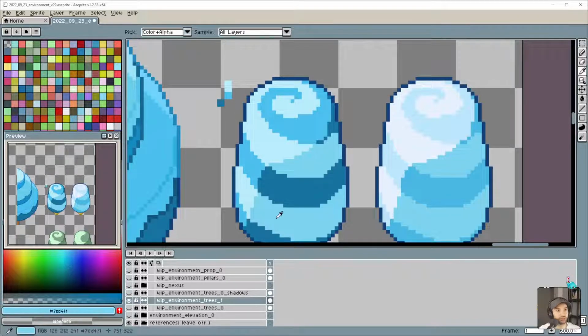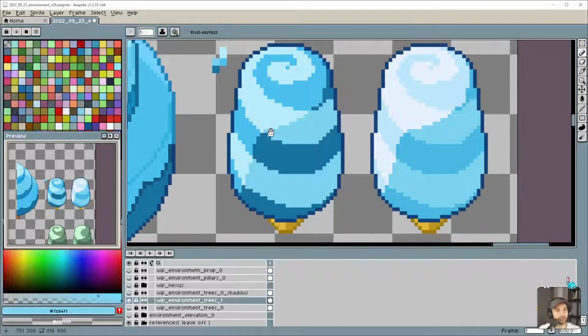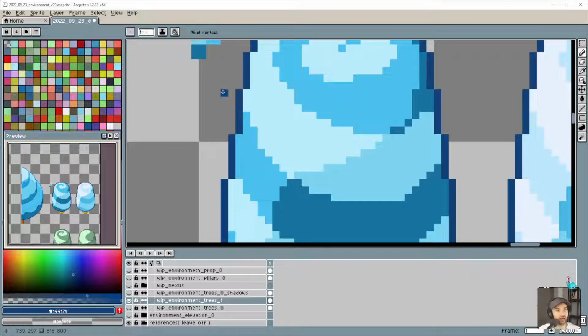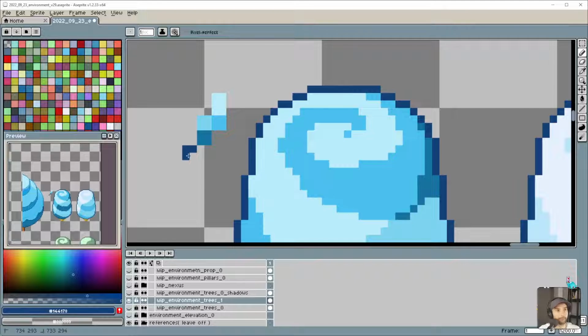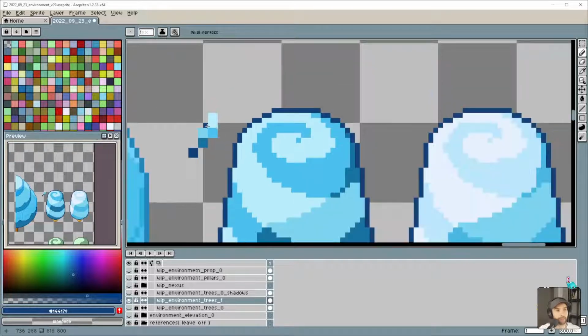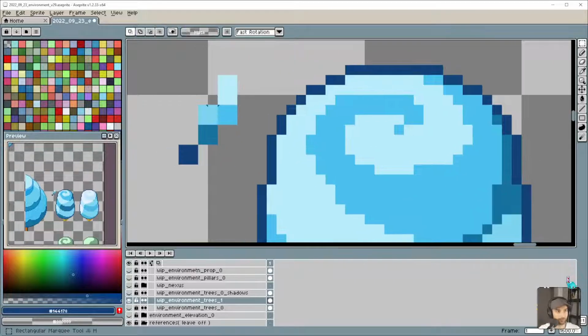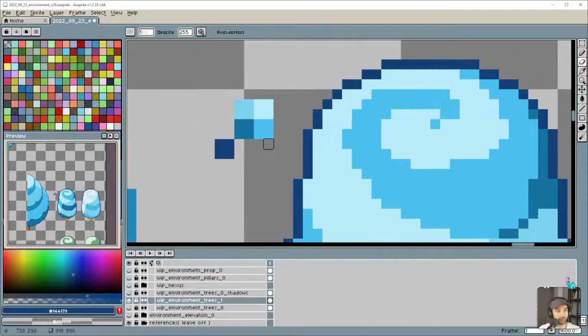So the strip colors. Okay. And then we have our outline. Okay.